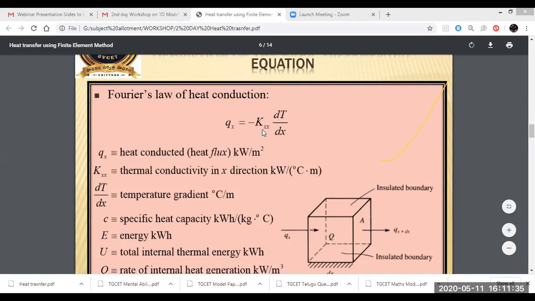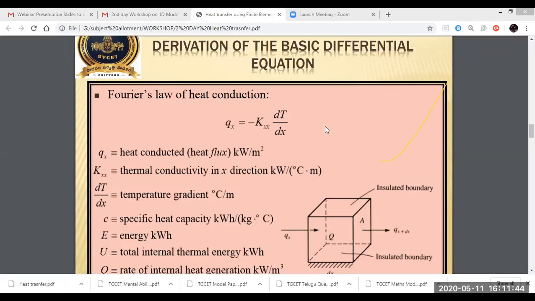Why? Because different materials have different heat transfer rates. Take a good example: one wood and one metal. If you apply the same temperature to a wood area and the same steel area, the area is the same, the applied temperature is the same, and the thickness is the same, but the conductivity of heat is different. Why do we get a different conductivity of heat? That is because the molecular property is different. Depending upon the molecular property, you will get a different heat transfer rate.